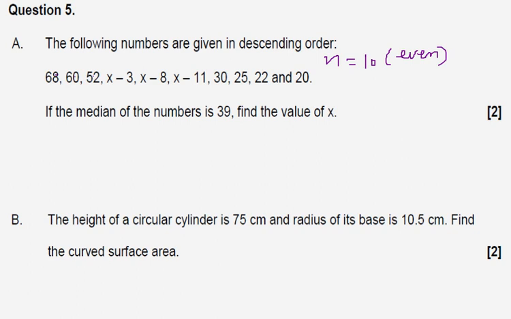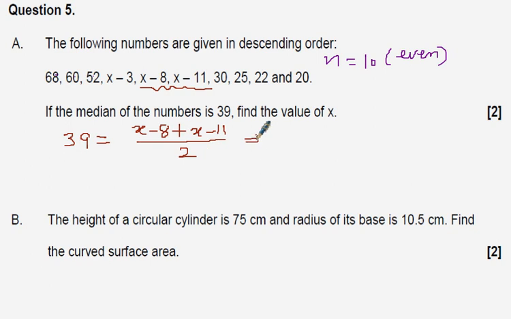This is again repetition, I think so. So n is even means you will get two middle terms, so 5 and 6. So these are two middle terms. Okay, and then you can apply median formula. Your median formula here is fifth term plus sixth term. Actually it is n upon 2th term plus n upon 2 plus 1 term upon 2.